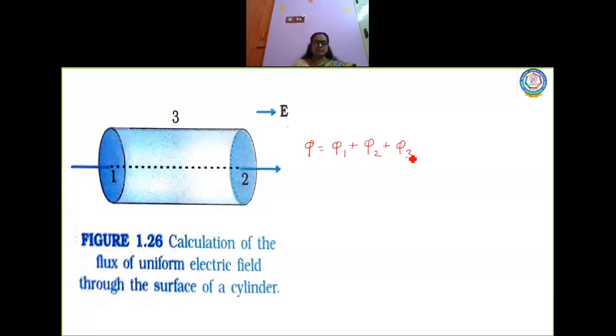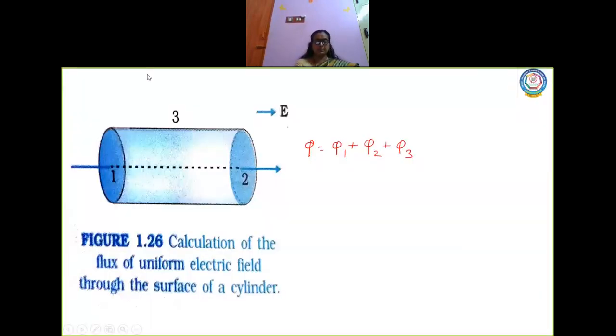Okay. So this is part 1, part 2 and part 3. Now part 1 and 2 are the area of the circular section of the cylindrical surface, and here this is the cylindrical part. So I'm going to find out the value of the flux at this part and this part and the third part, sum up everything together to find out the total flux. Clear? Now first we'll go to this third part, children.